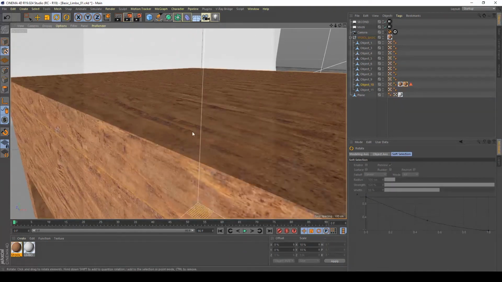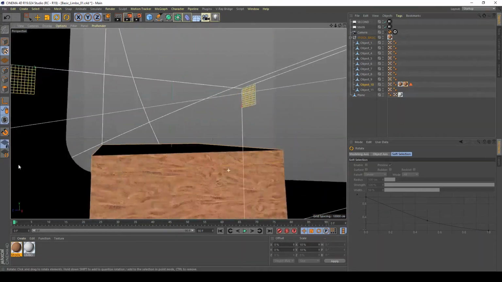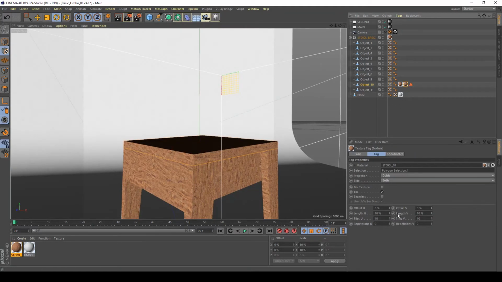So I rotate it to have a nice alignment of the texture on the other side of my object, and